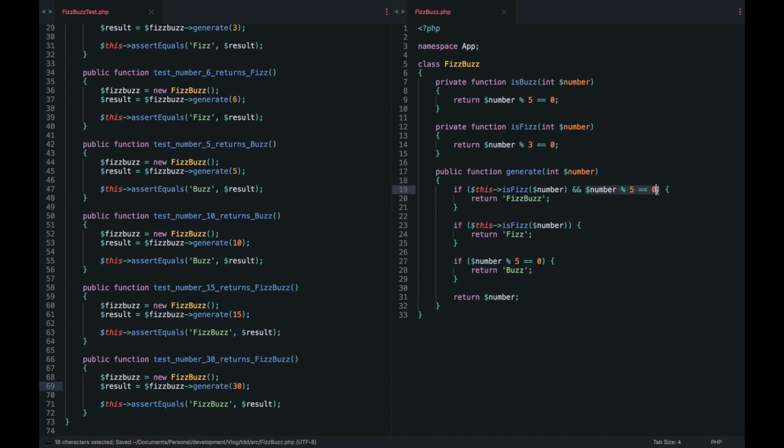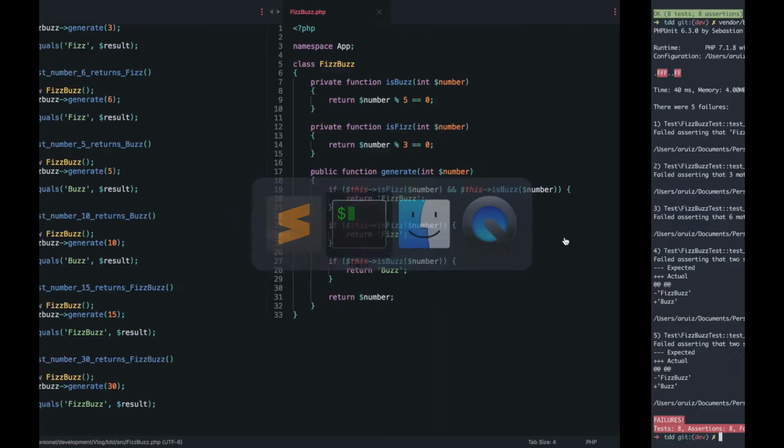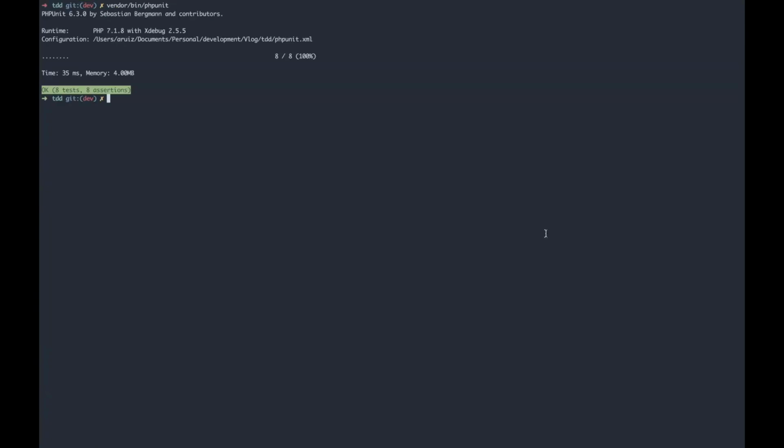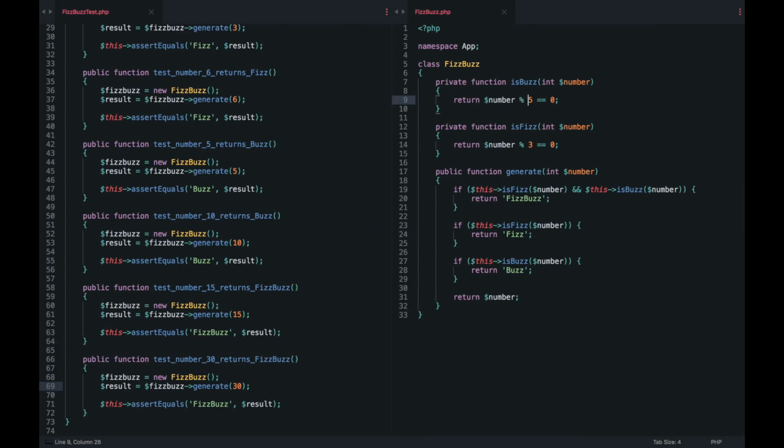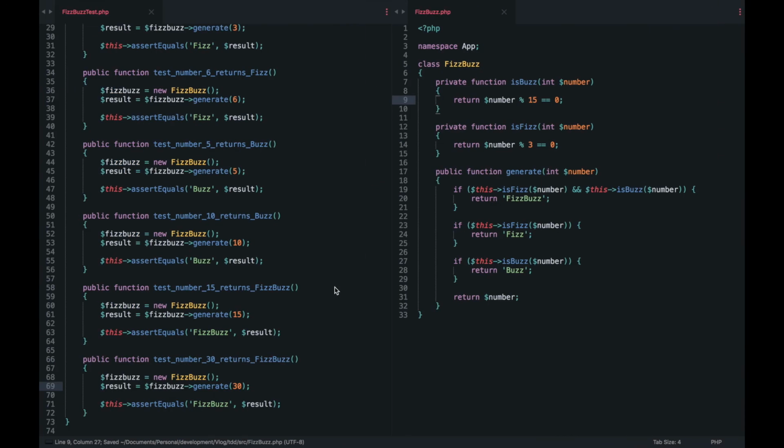Okay, and then let's replace this. This is isBus this number. Okay, so let's run it, and here we are, all green. Good. Let's again change this to be sure we're on the right place. Good. It's good.